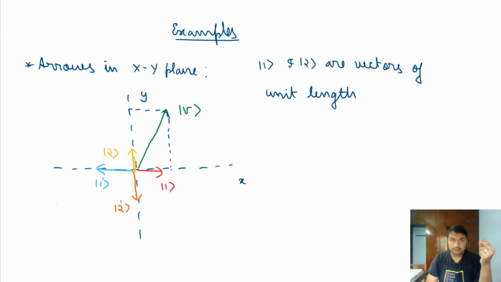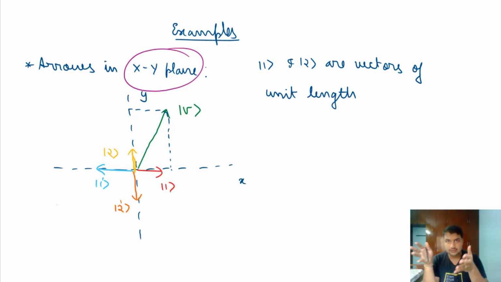Okay, so now we'll see one example here. We are basically going to first consider the case of arrows in a plane. So we consider an xy plane, and as we have seen earlier, arrows in a plane form a vector space of dimension 2. That means that we can choose a maximum of two linearly independent vectors at a time from this vector space. So the number of vectors forming the basis of this vector space is going to be just 2. So we can choose any two non-parallel vectors as the basis in order to expand some general vector v in terms of this basis.